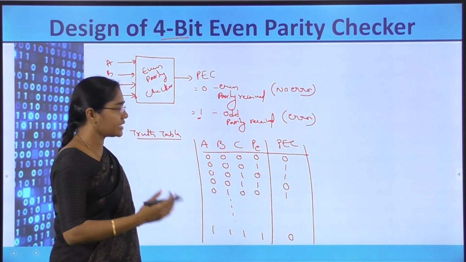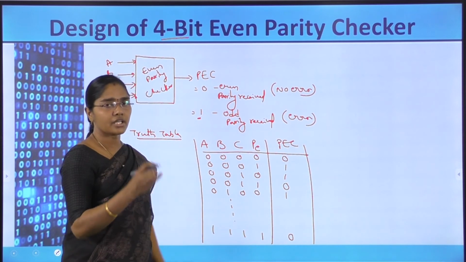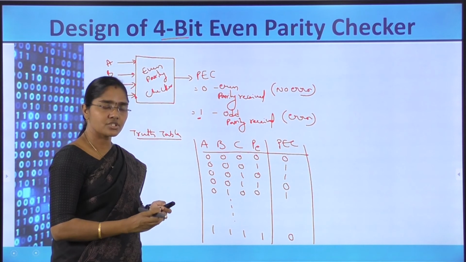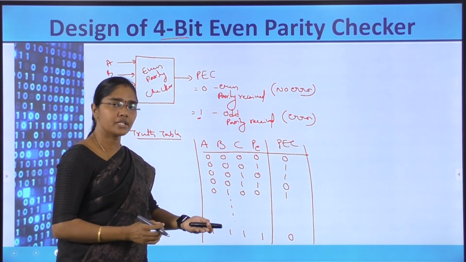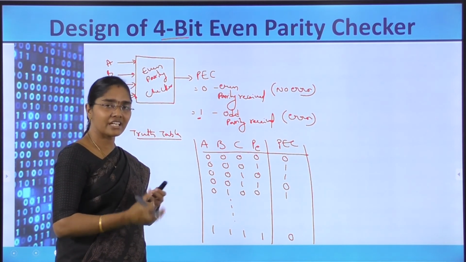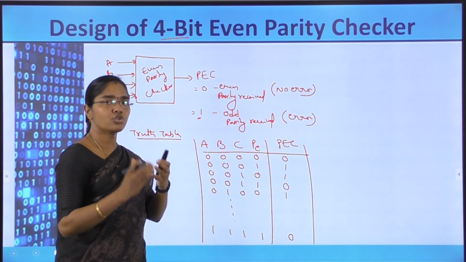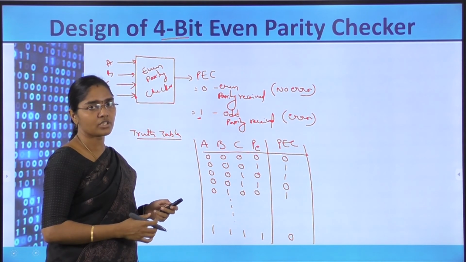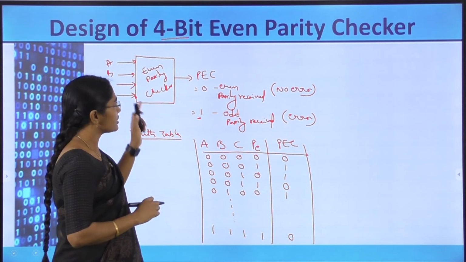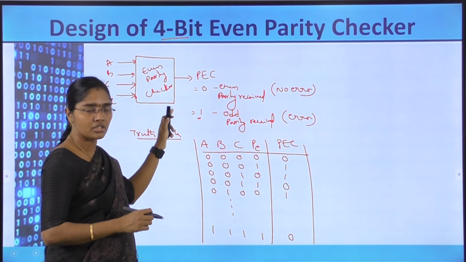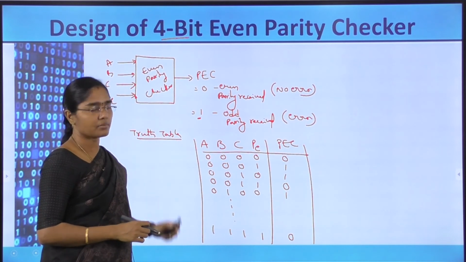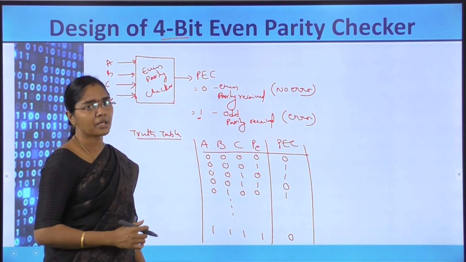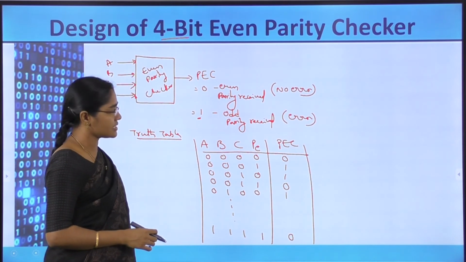Okay. Then write its PEC expression, use K-map simplification and try to solve it. If simplification is not possible, just rewrite it in an alternate representation so that we can remember it easily. Okay, this is the concept. So first the definition, then writing the truth table, then writing its PEC expression for the K-map simplification. Let us see this.